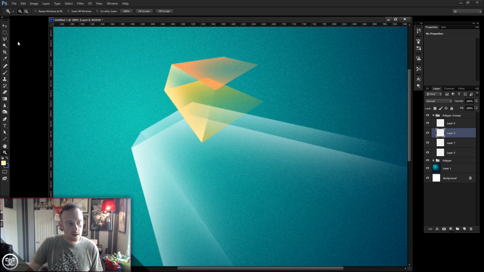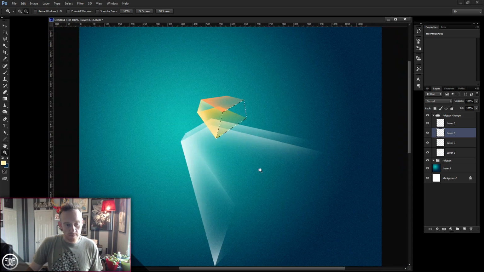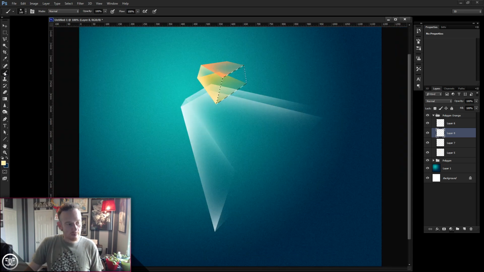New layer. Polygon lasso tool. I'm going to zoom in again because I can see corners, but they're just barely there. So I'm going to connect up my corners. Just like so. And I'm actually kind of off on that one, but I'm not going to worry about it right now. Okay, so paintbrush tool,